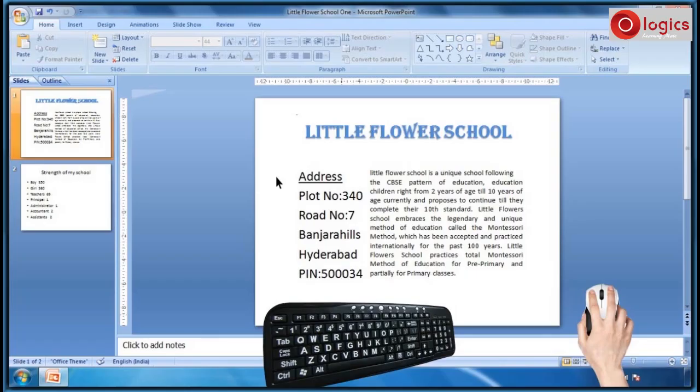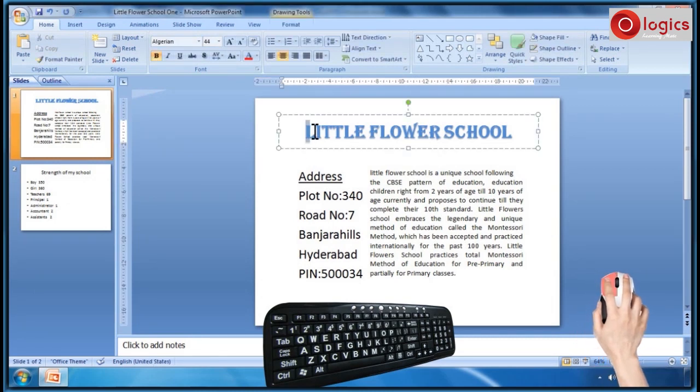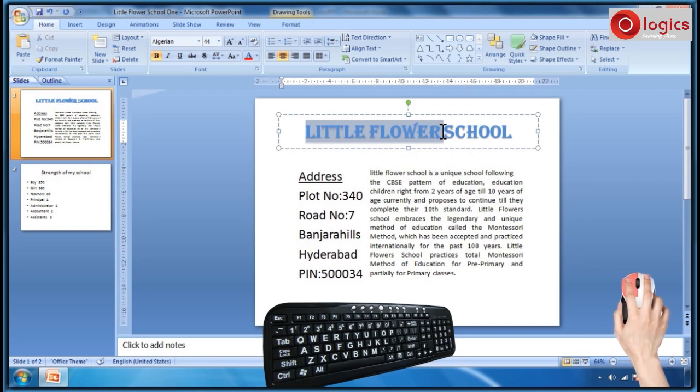Let us see some formatting options to make the PowerPoint slide more attractive. Here I am going to show you how to fill the placeholder with color. Select the text and click on Shape Fill command.